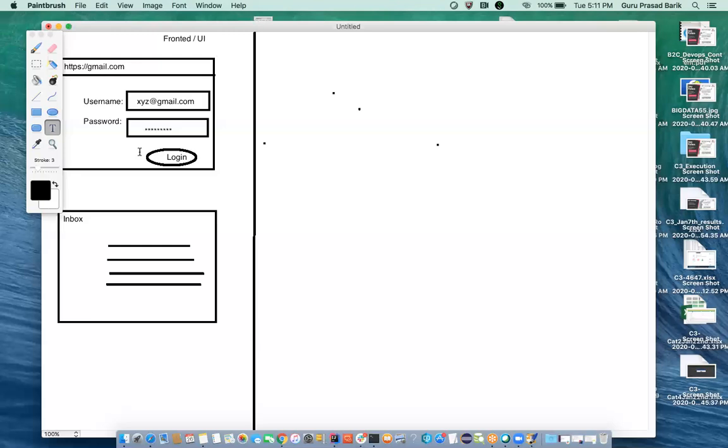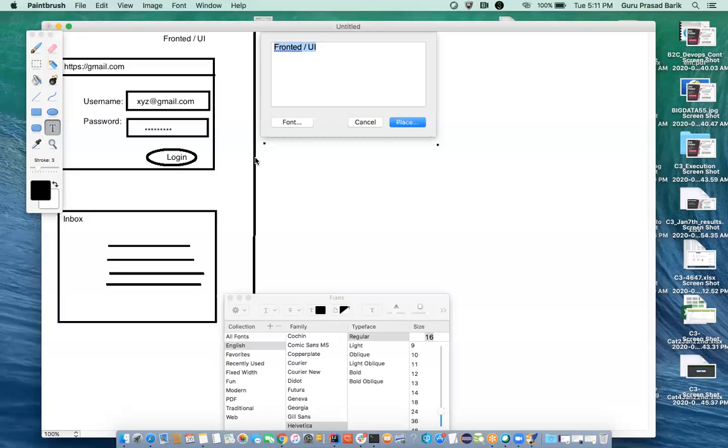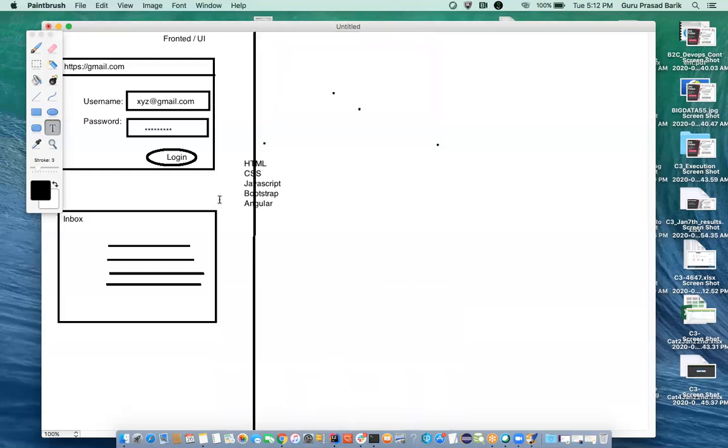And what technologies are used to develop this front end? HTML, CSS, JavaScript, Bootstrap, Angular. All these technologies are used to develop this front end. And these technologies do not have the capability to get data from the database. Where is this data present?